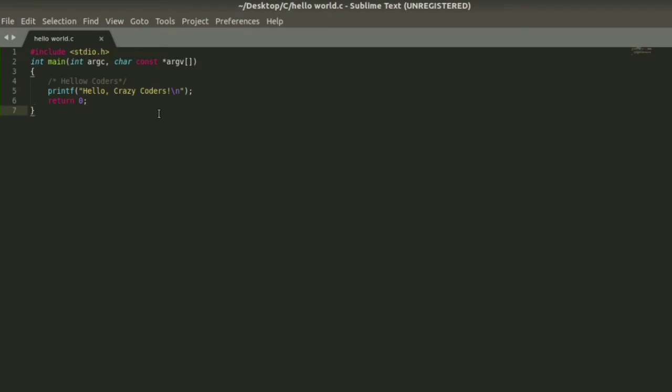Such lines are called comments, that is hello coders. The next line, printf, is another function available in C which causes the message hello world or hello crazy coders to be displayed on the screen. The next line, return 0, terminates the main function and returns the value 0.